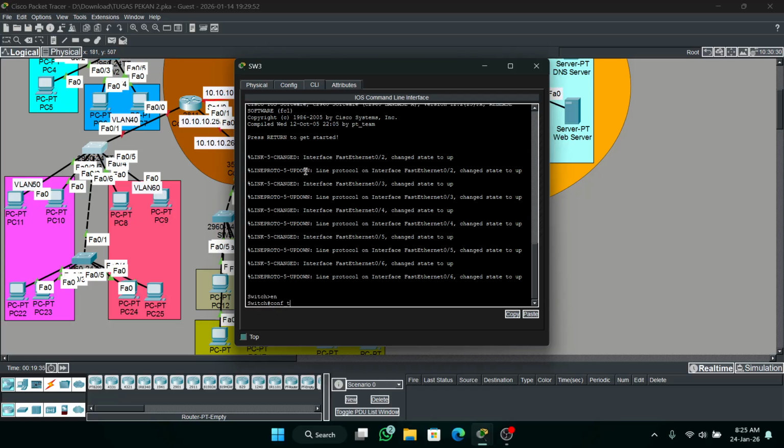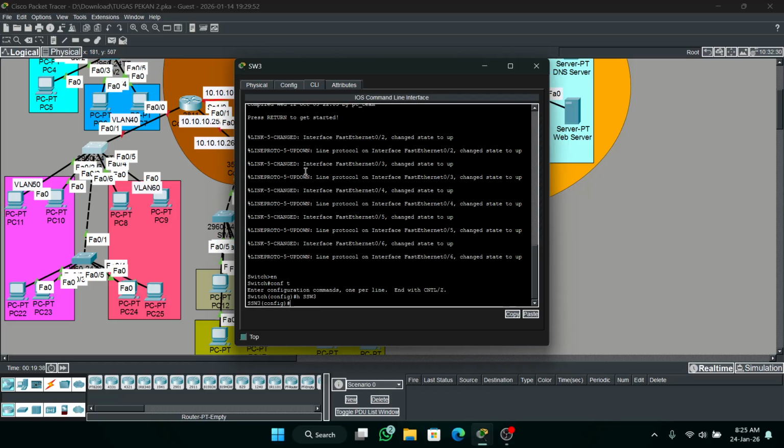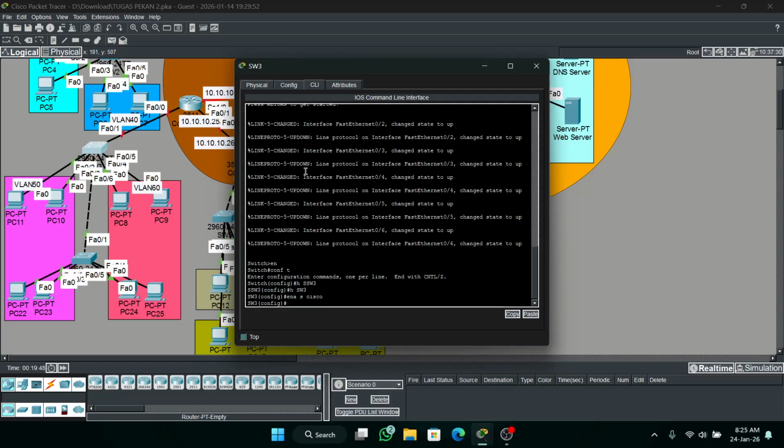Enable, configure terminal, hostname sw3, enable secret cisco. Okay, you can do like before: make the VLANs, then switchport mode access and spanning-tree portfast.